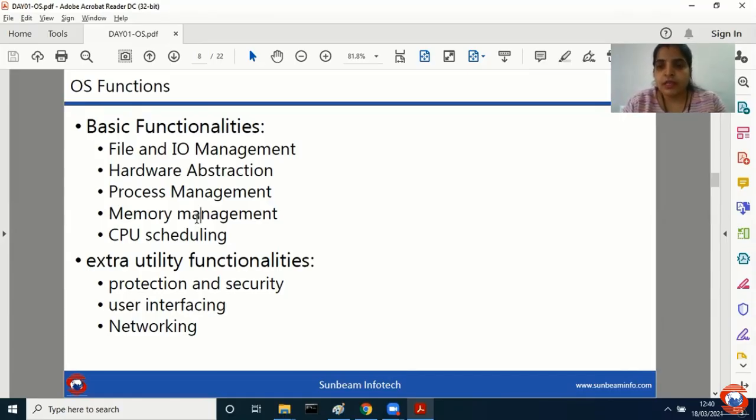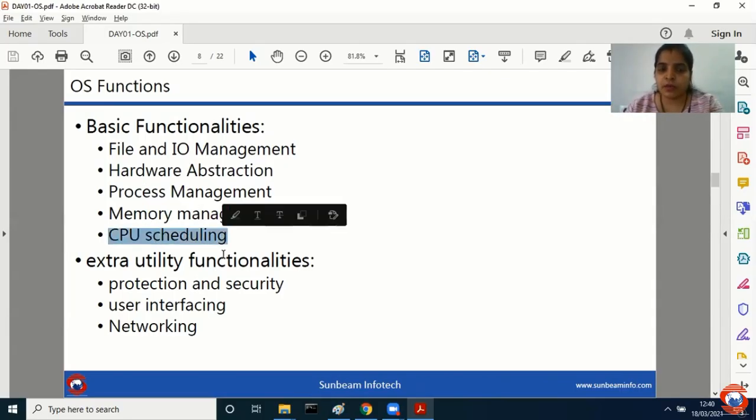Next, if I say I want integer data type, I'll go for 4 bytes of data. If I say I want character data type, I will go for that particular type of data. So the complete storage of memory is done or handled by your operating system. Again, for memory management, there are different algorithms and techniques that we will see in more detail. So these are the basic functionality.